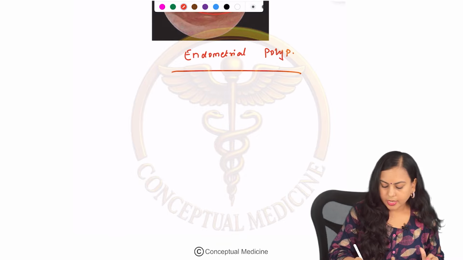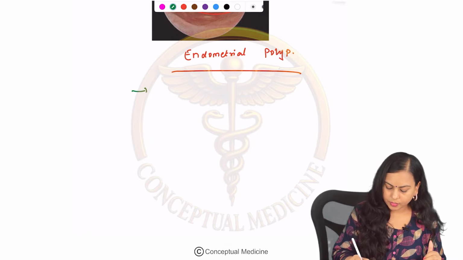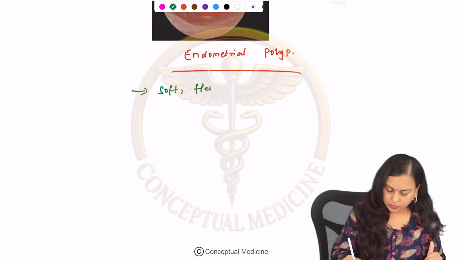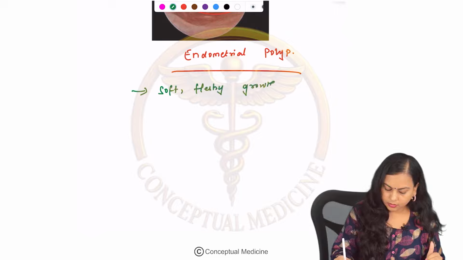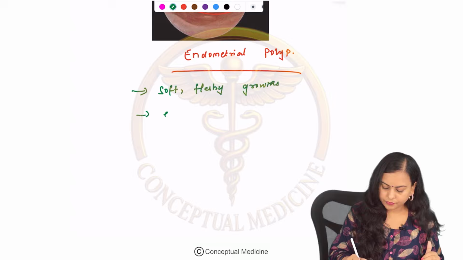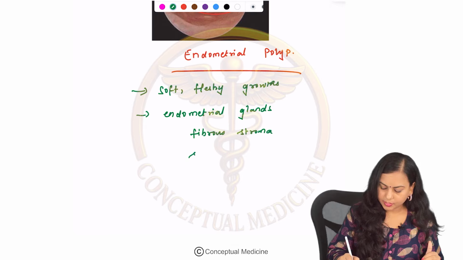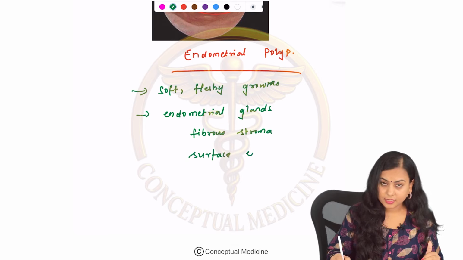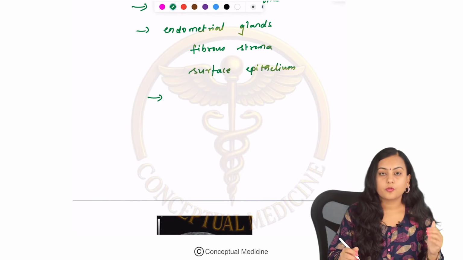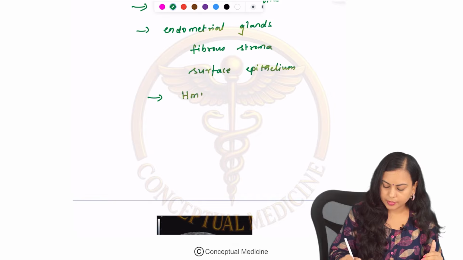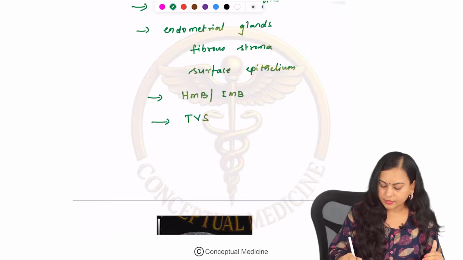So usually the endometrial polyps are soft fleshy growths. These consist of endometrial glands, fibrostroma, as well as surface epithelium. Okay. Symptoms of endometrial polyp can be heavy menstrual bleeding or an intermenstrual bleeding, and TVS can be